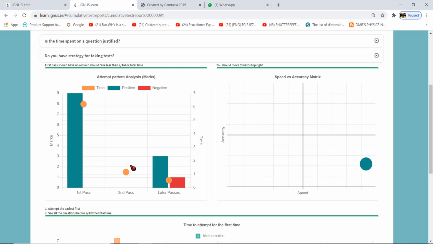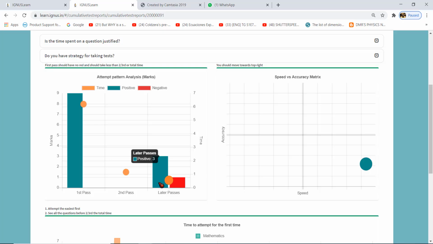In the second pass or the later passes, that is if you are visiting a question for the second, third or fourth time, for whichever question you have kept marked for review, you can answer those questions. And in the second and third pass, try not to get many negative marks. As you can see here, in the first pass I got 9 marks and spent around 6 minutes.